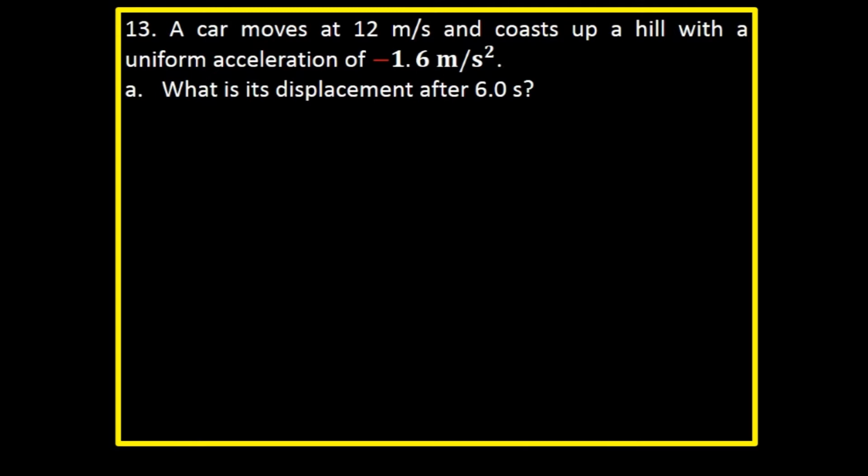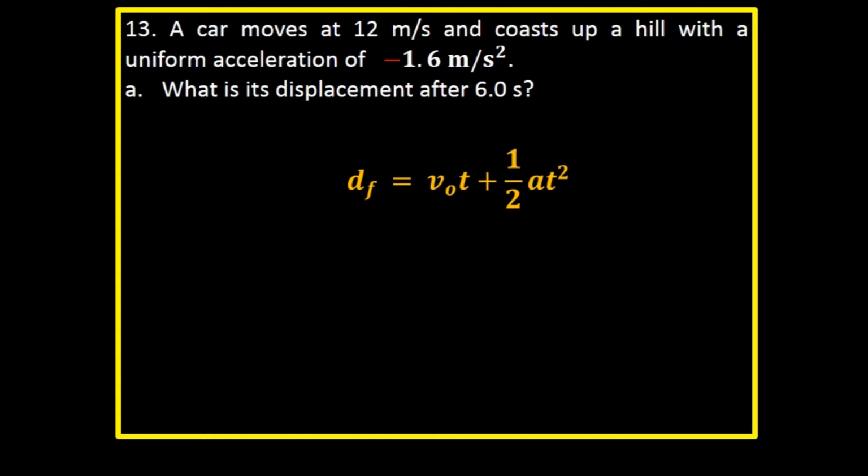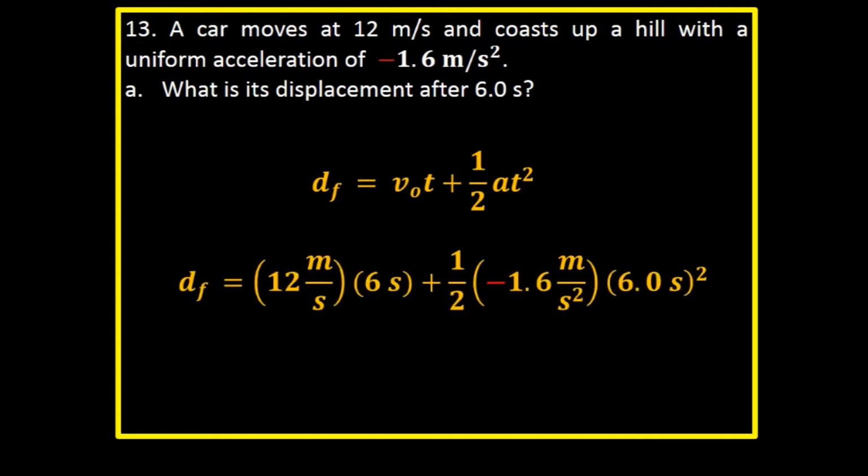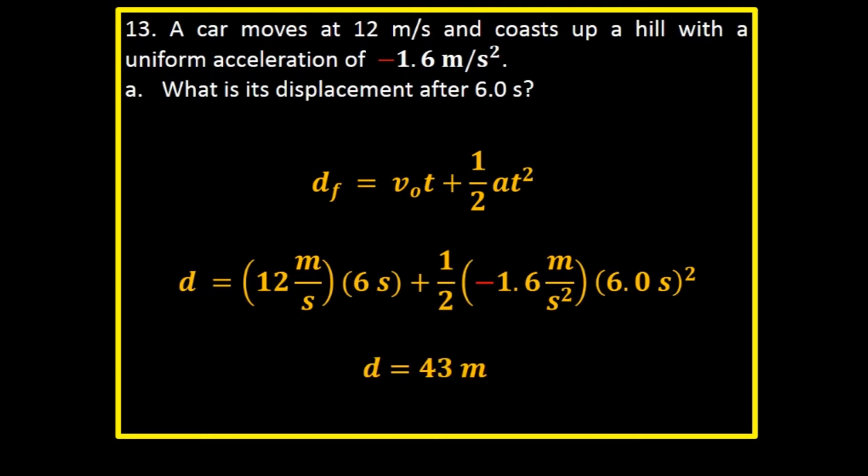A car moves at 12 meters per second and coasts up a hill with uniform acceleration of negative 1.6 meters per second squared. It's going uphill, so it's going to decelerate. What is its displacement after 6 seconds? So we're going to look at displacement, or D, or distance, same thing. In terms of time, V naught is going to be 12 times 6 plus 1/2 AT squared, and you're going to get a distance of 43